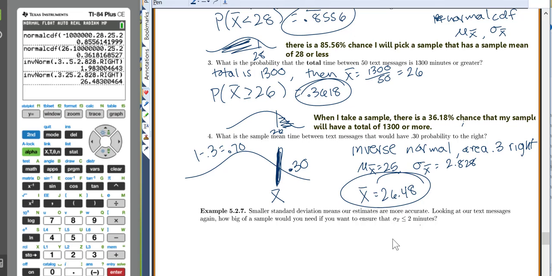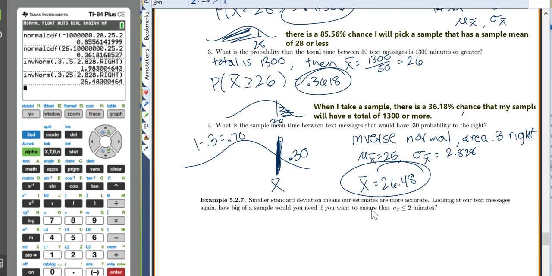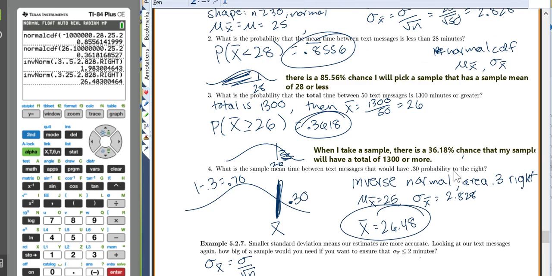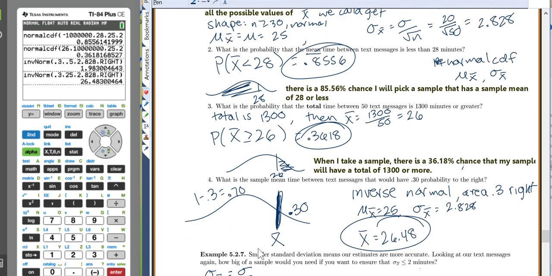And finally, smaller standard deviations mean our estimates will be more accurate. Looking at our text messages again, how big of a sample would you need if you wanted to make sure that the standard deviation for your x bar is less than 2 minutes? Well, we know standard deviation for x bar is equal to our original standard deviation over square root of n. So if we want our standard deviation for x bar to be 2 minutes, and our original population has a standard deviation of 20 minutes,